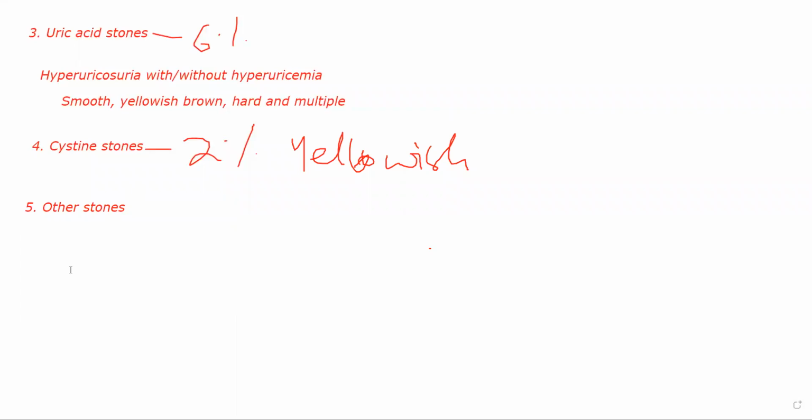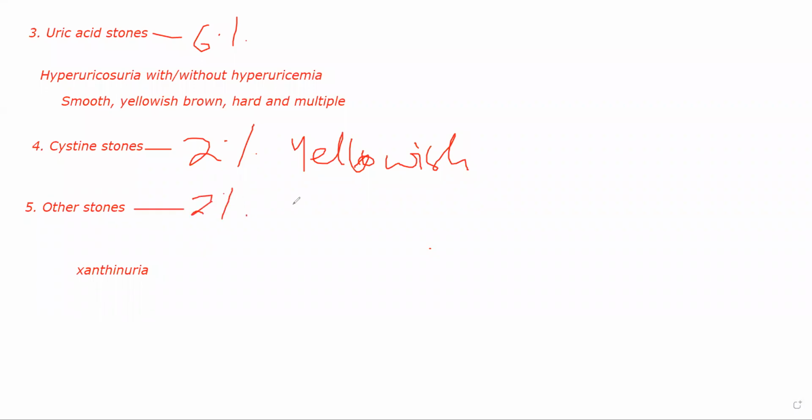Okay. Xanthine stones occur because of improper metabolism of xanthine. Okay, xanthine is a product inside your body which, if it accumulates and is not being metabolized properly, will cause xanthinuria. Because xanthine is getting accumulated in your body, it's not being metabolized properly. Xanthine stones will be formed, and those stones will account for 2% of urinary calculi. There will also be 2% of cases who have xanthine stones. Those are the other stones.